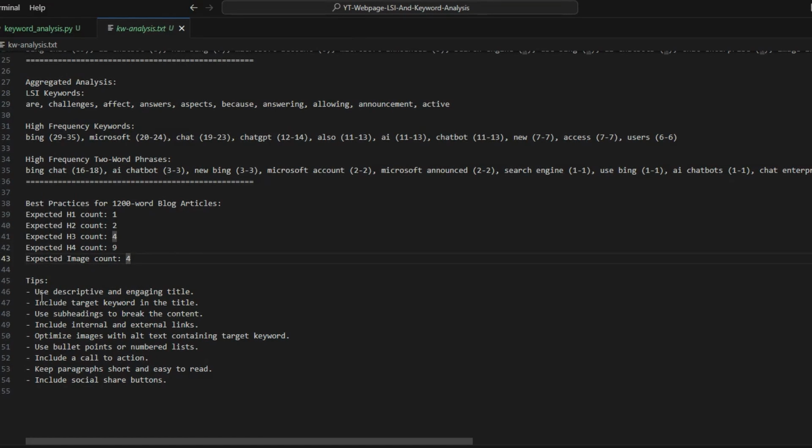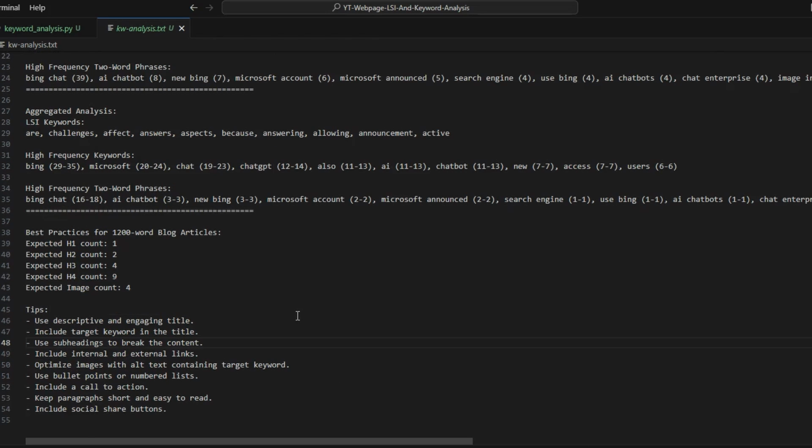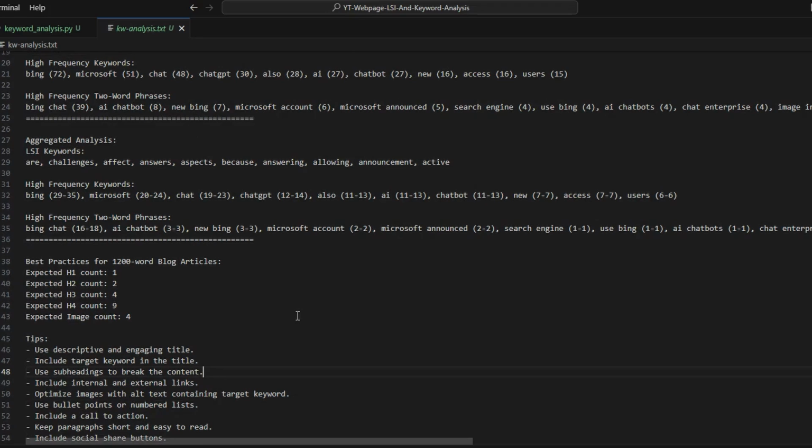There's also some general tips for SEO and on-page SEO. So use descriptive and engaging title, include target keyword in the title, use subheadings to break up the content, include internal and external links, optimize the images with alt tags containing the target keyword, use bullet points or numbered lists, include a call to action, keep the paragraphs short and easy to read, and include the social share buttons. So this output basically gives us everything we need to bundle it up and give it to ChatGPT to produce